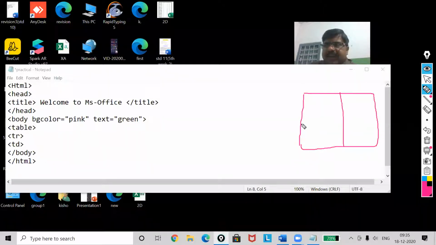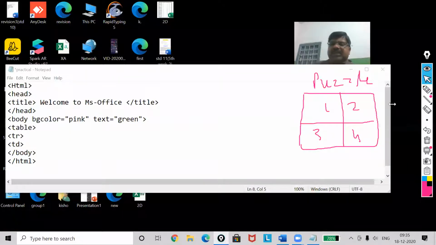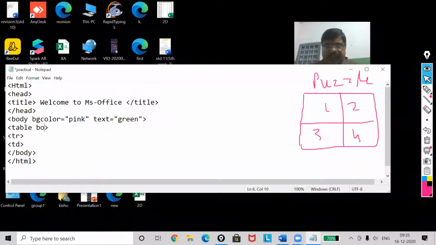It is like this. Here I've written 1, 2, 3, 4. And here I will write puzzle. Okay, here the title of my table is puzzle. Now what I will do, see, when you are using a table, you must specify the border.